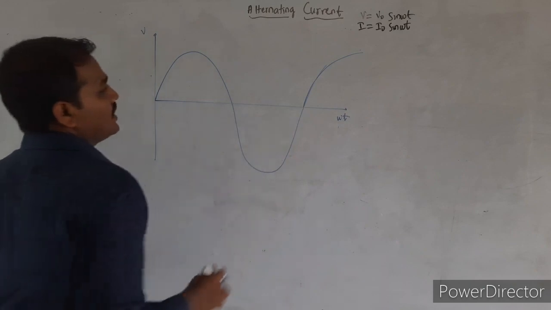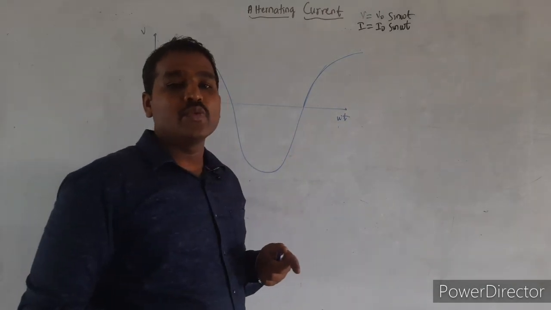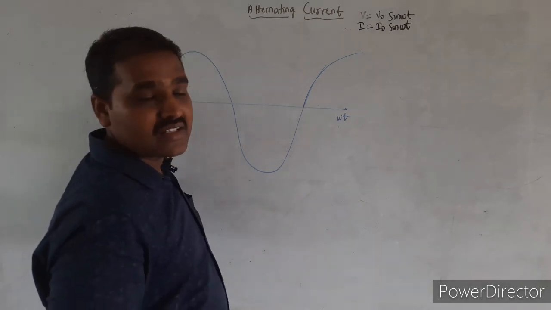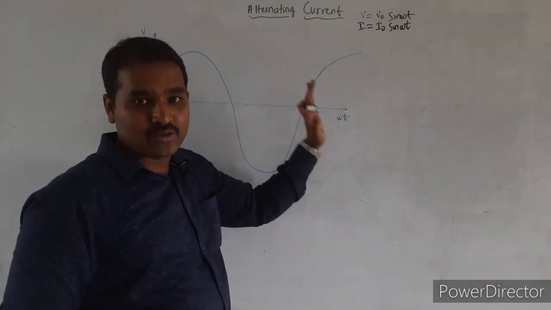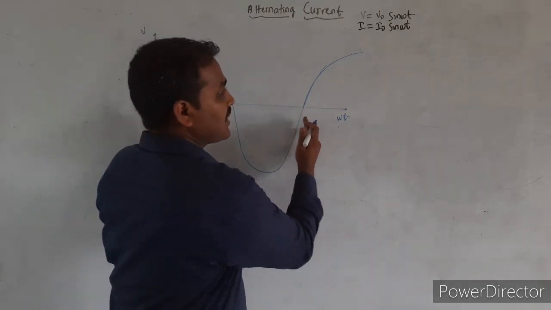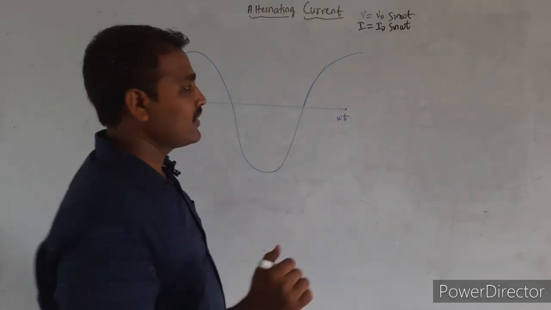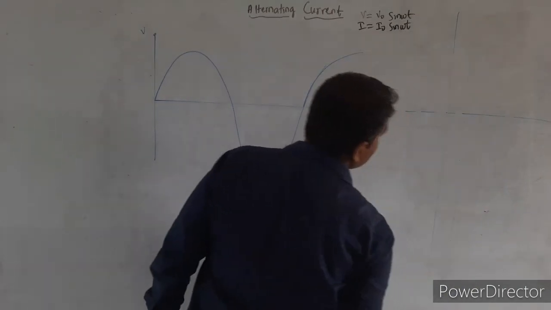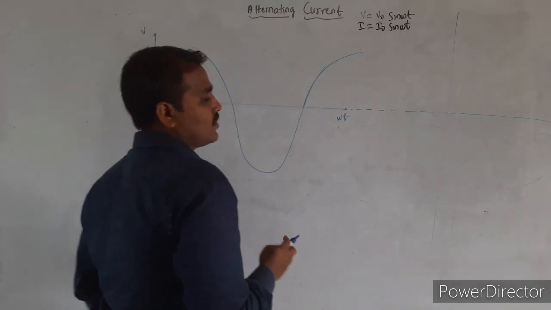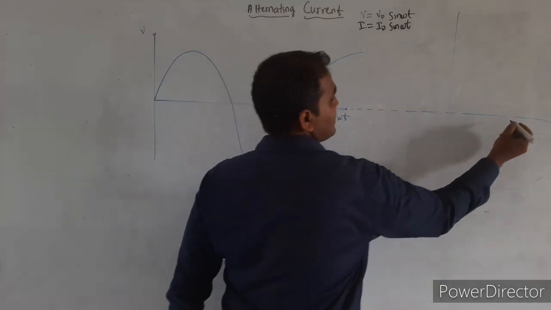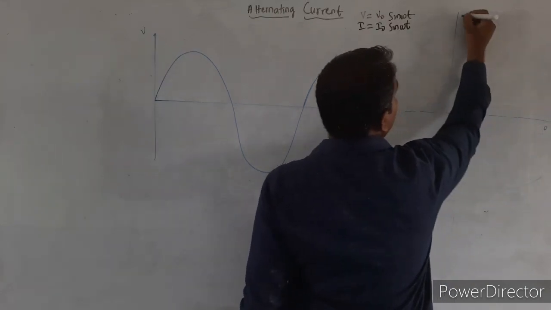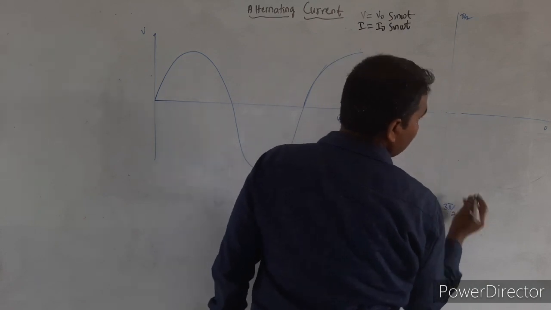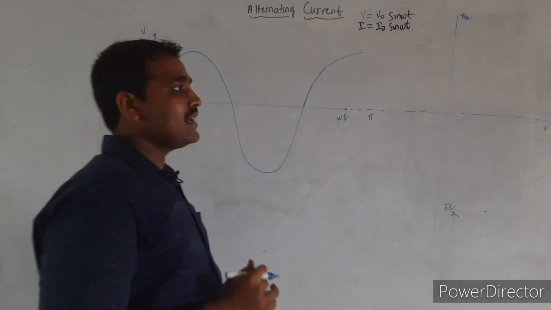Then a phasor is any vector which varies sinusoidally with respect to time. So here we can clearly see this alternating voltage is varying sinusoidally with respect to time. The same graph, the same cycle can also be represented using simply one phasor. So the same thing I will project here. Yes, let us consider the vertical axis. I will consider this angle is 0, this angle is pi by 2, this is phase angle of pi, this is phase angle of 3 pi by 2, again this is phase angle of 2 pi radians.